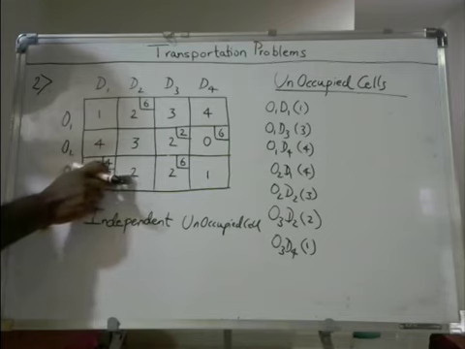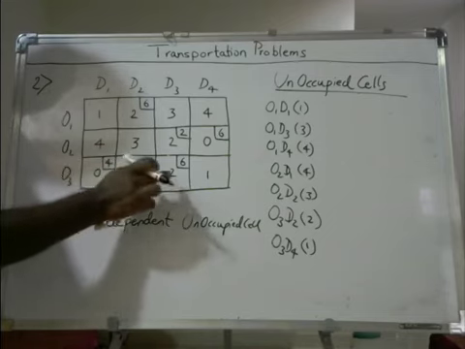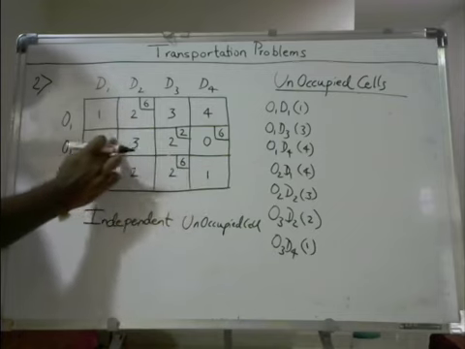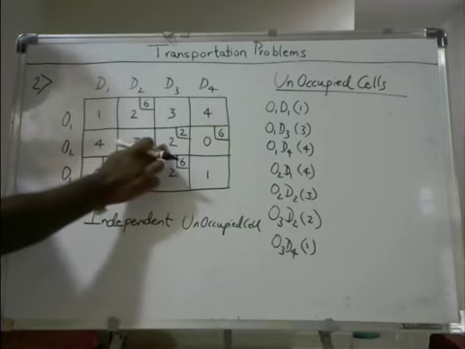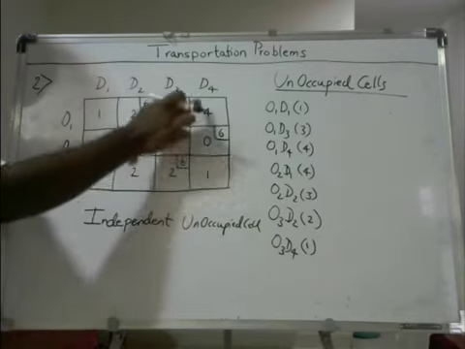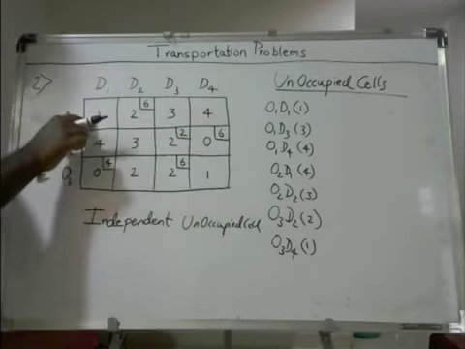Okay? We cannot take a turn here. Yes, we can take a turn here. Let's say we took a turn here. Now, if we take a turn here, there is no occupied cell. We can take a turn here. We can go either like this, but we are stuck here. We cannot come back to the main cell.